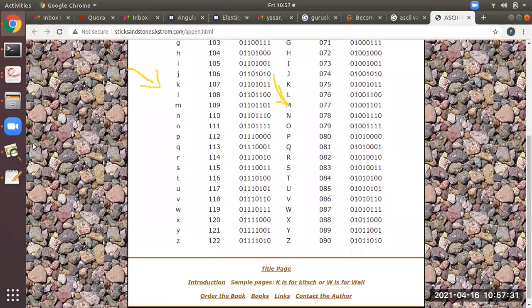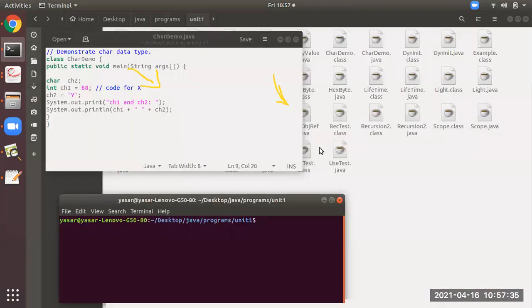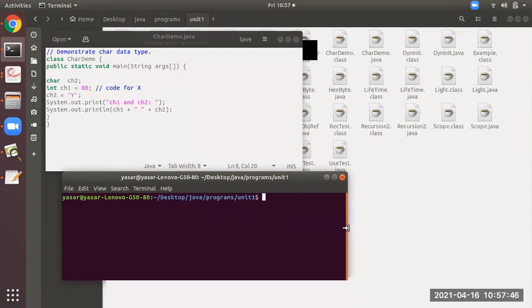So next, we will look into the program. Now you all please see here. I will compile the program over here.